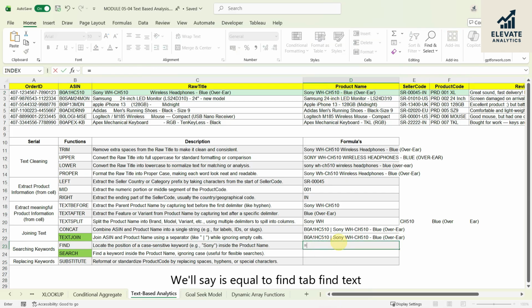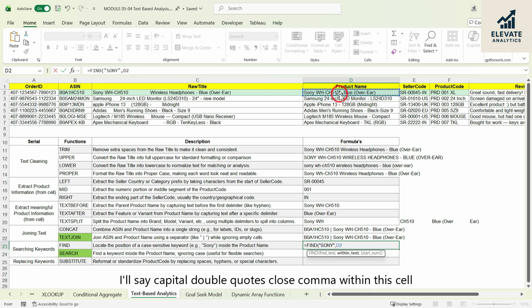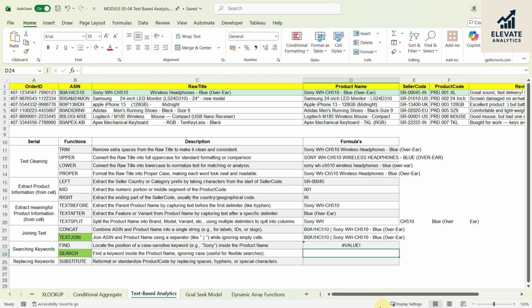We'll say equal to FIND, tab, find text. What text do you want to find? Sony. I'll say capital, double quotes close, comma, within this cell, and then bracket close. I'll say enter. It didn't find it